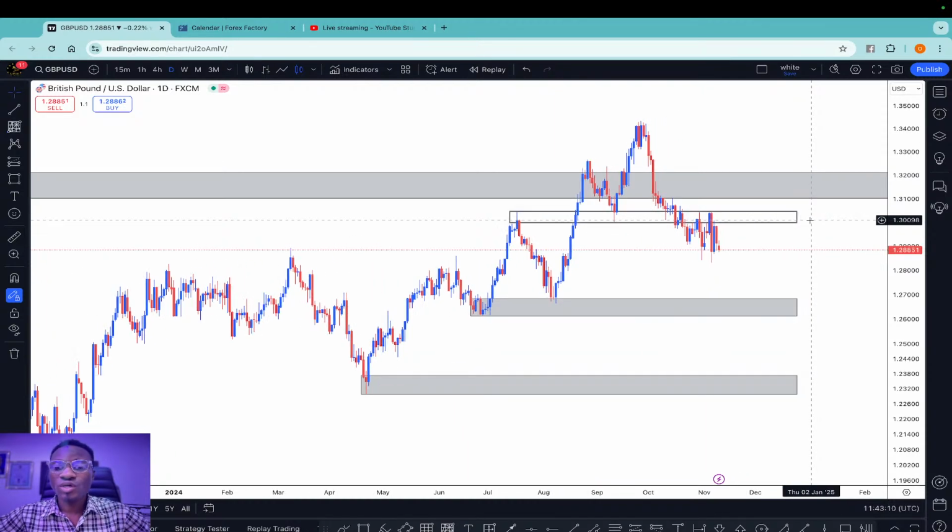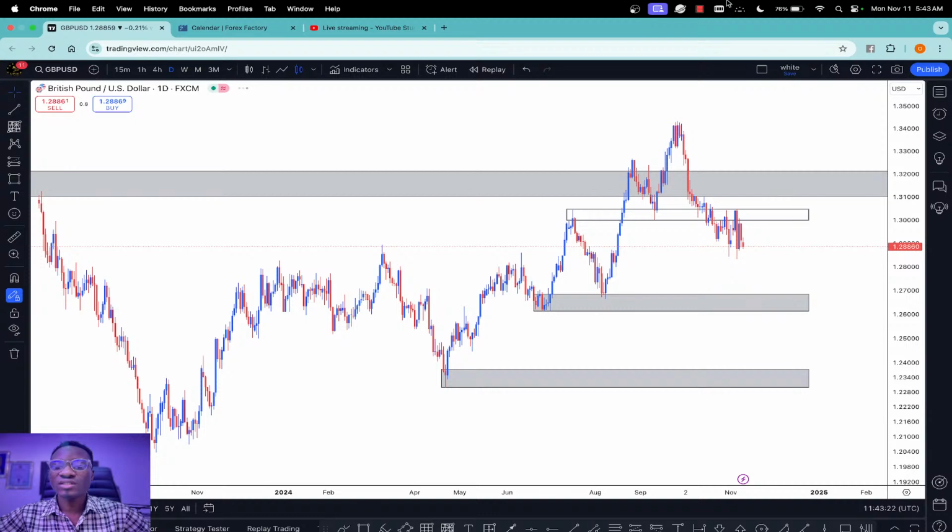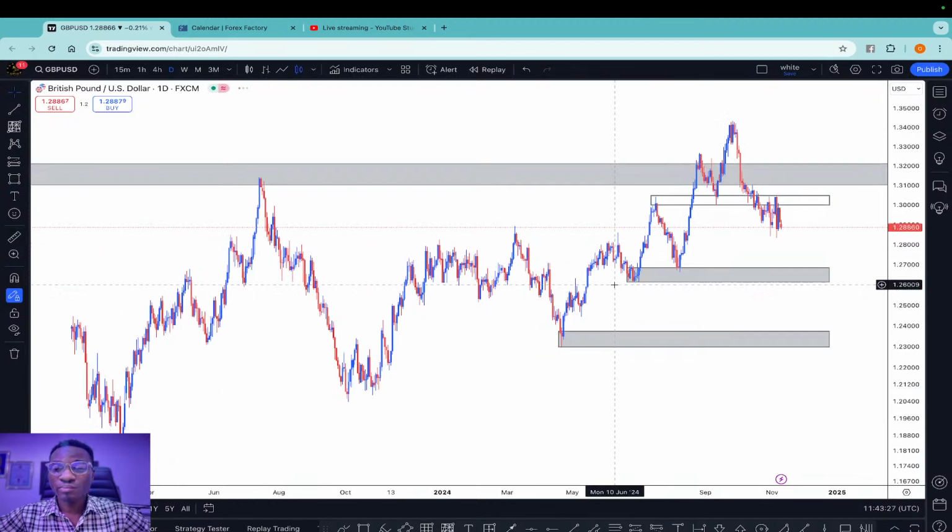Right now, for those who are trading the British pound sterling paired against the USD, this is what you need to have on your price chart. If you have anything different from this, then it means you are trading, I can't say nonsense, but I just can't understand what you are trading, right? So this is what we have right here. You can see that. So this is how we mark our key level structures on the British pound sterling paired against the USD. Now for this following week, we are going to start looking out for trade opportunities at these